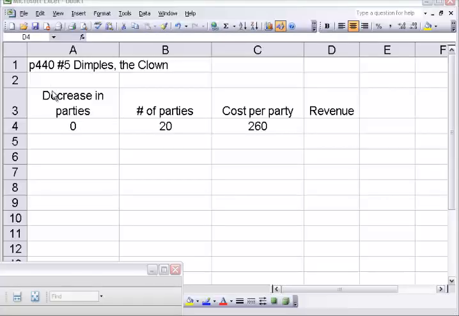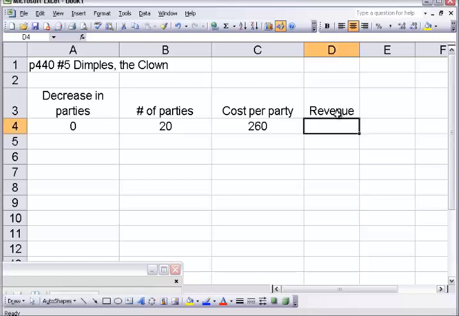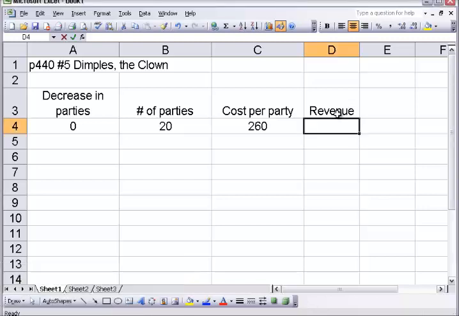To say that after reading this question, it was really confusing how to do this. So I had to set up a table using Excel to help me figure out what all this meant. I've named the columns this way. I know that there's going to be a decrease in parties, and then there's also the number of parties and